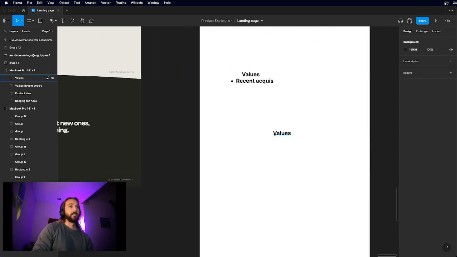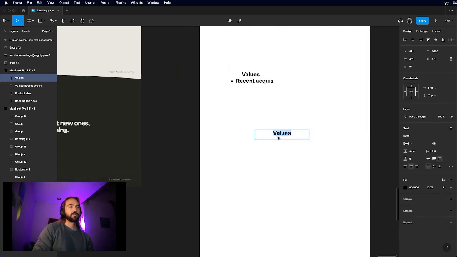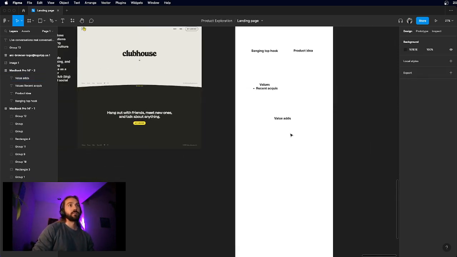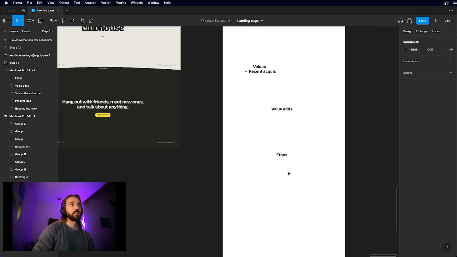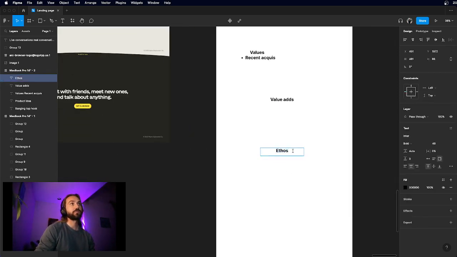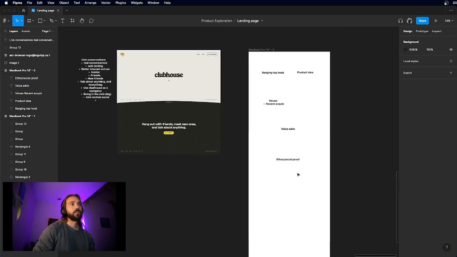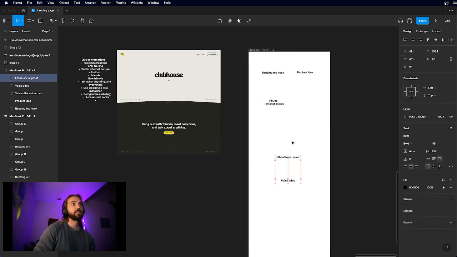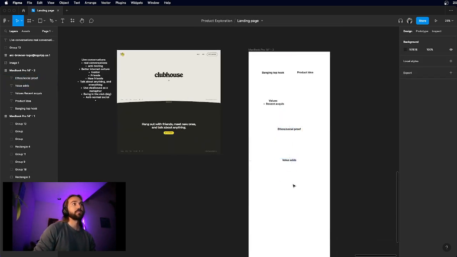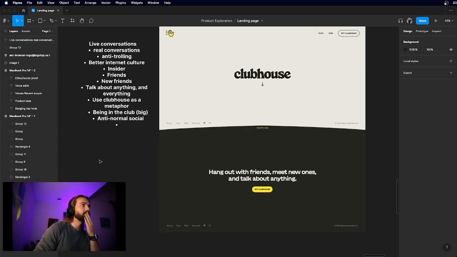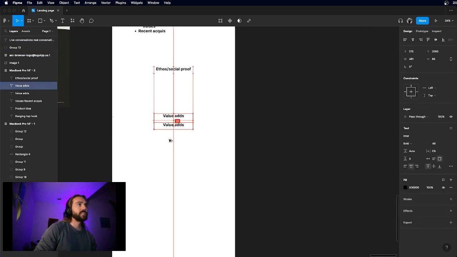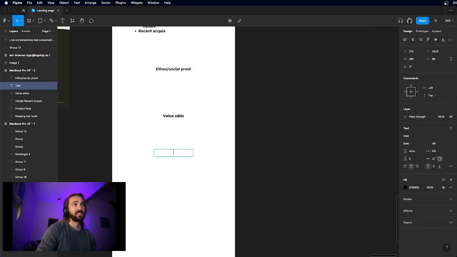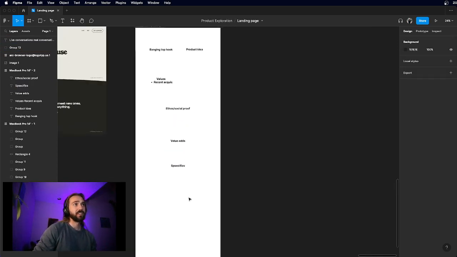All right, now let's look at values, then I'm into value adds. Likely then more ethos and social proof. Actually might even do that first. Ethos and social proof. I think specifics,